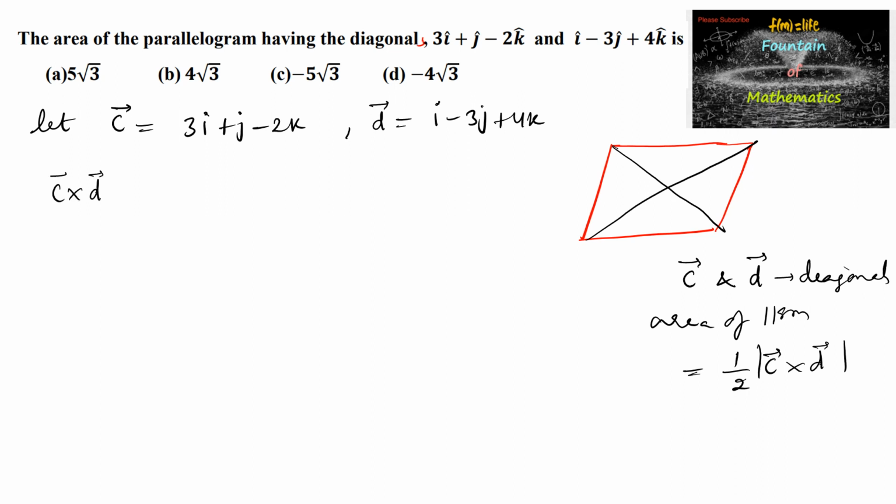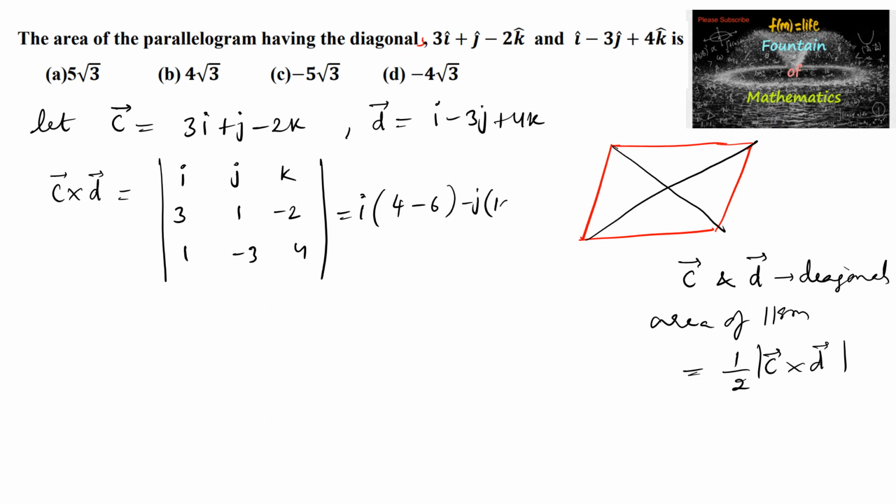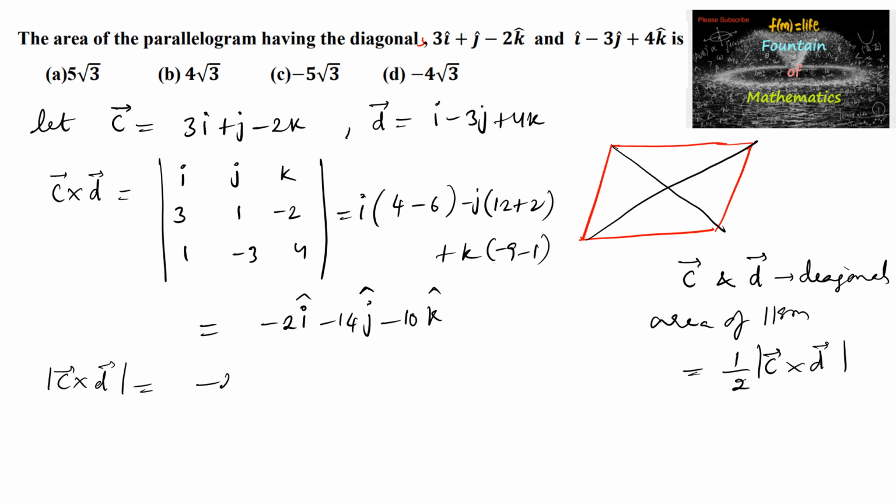So C cross D is equal to i times 4 minus 6 minus j times 12 plus 2 plus k times minus 9 minus 1, which is equal to 4 minus 6 is minus 2i and 12 plus 2 is 14, that is minus 14j, and minus 9 minus 1 is minus 10 times k, and mod of C cross D, which is equal to, we can take negative 2 common, i plus 7j plus 5k